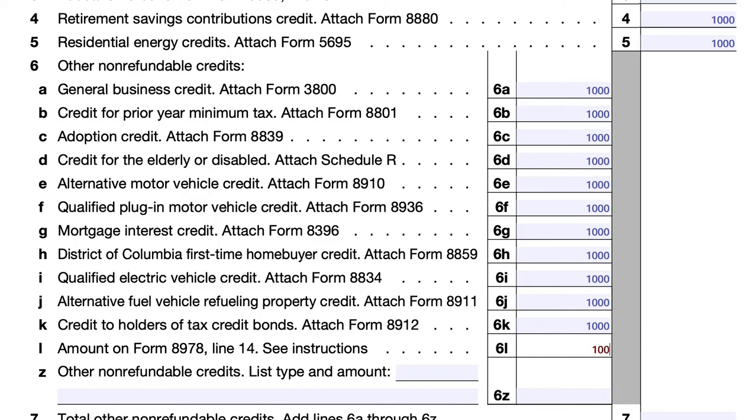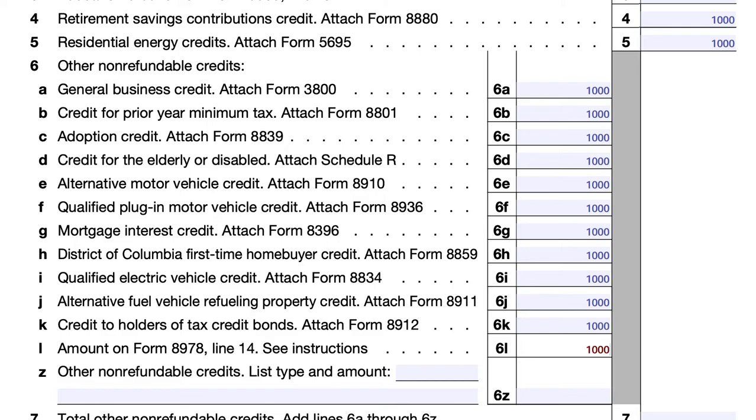And the next line really only applies to partners in a partnership. So this is line 14. This relates to the partner's audit liability under Internal Revenue Code section 6226. So if you're not a partner, then you don't need to worry about this. But if you are and you reported, or you have IRS Forms 8978, then enter the line